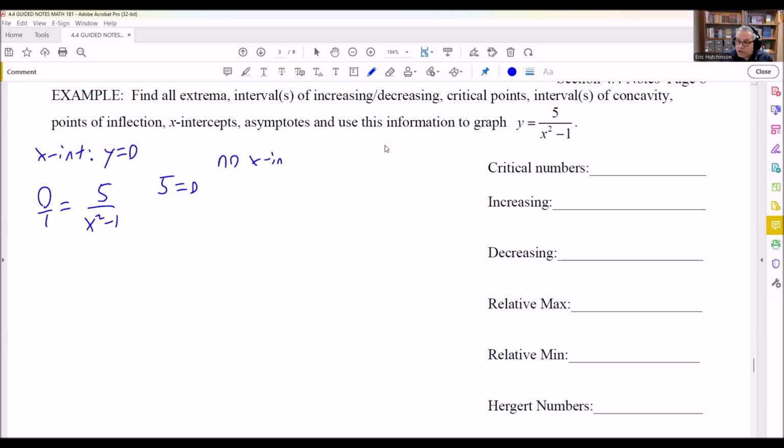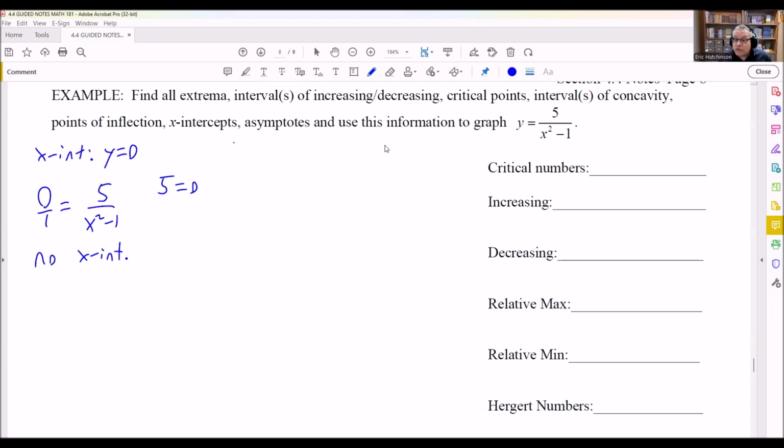So that means I'll put that underneath here. Okay, so I'll put that no x-intercepts. Okay, so there's none there. We'll put that down in a second. Let's also look at